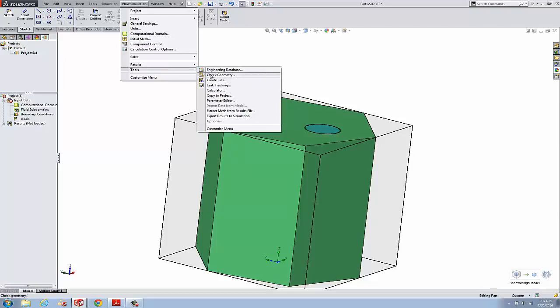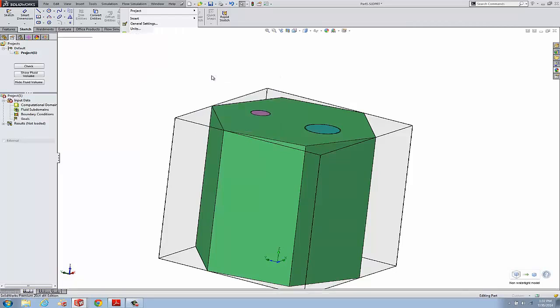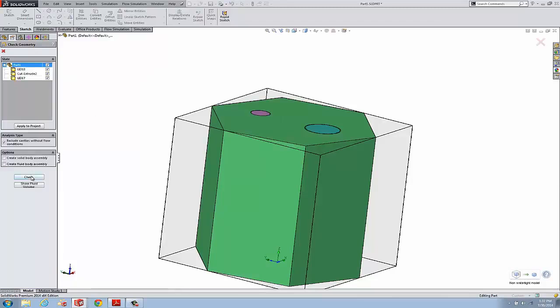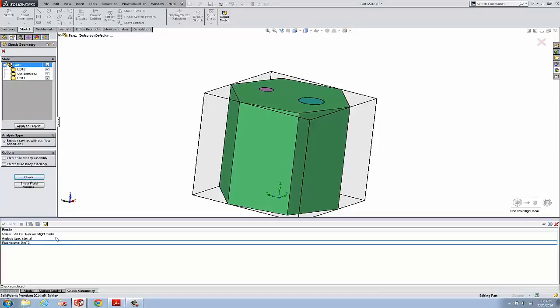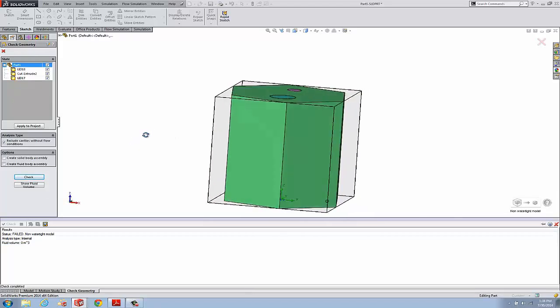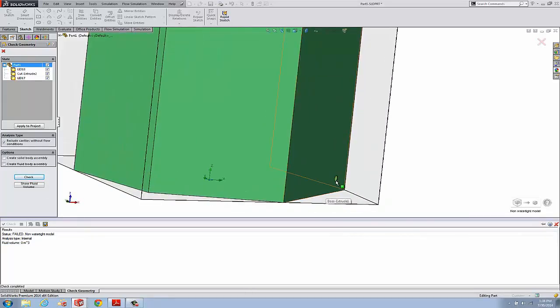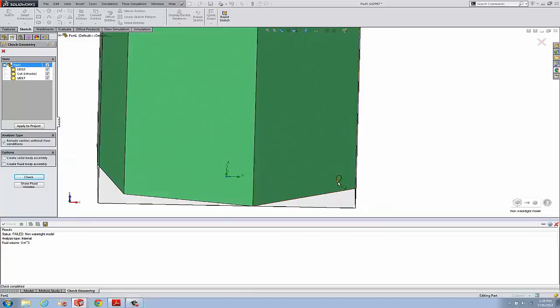This is what I recommend you do on every single project you have. Now we could go straight to leak tracking. I'm going to take you to check geometry first, just because I'm going to advise everybody do this. On an internal project, when we run a check, we should see down here at the bottom a non-zero fluid volume. Now you can see that we've got this message that says it's failed, and that's because there is an opening somewhere. We're not sure where this opening is yet, and it's actually down here, but let me illustrate how this